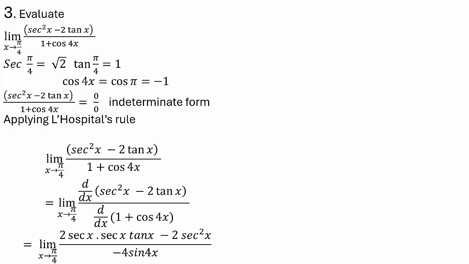This becomes limit x tends to pi by 4 of (2 sec x into sec x tan x minus 2 sec square x) divided by minus 4 sin 4x,